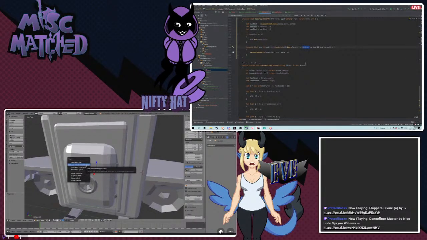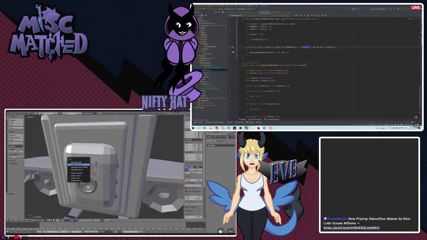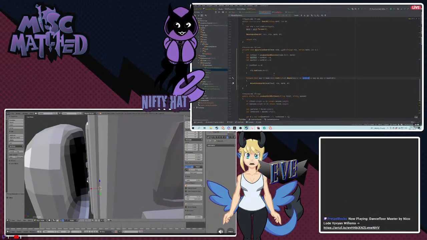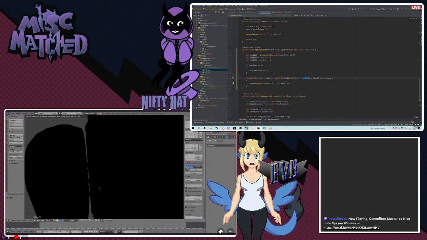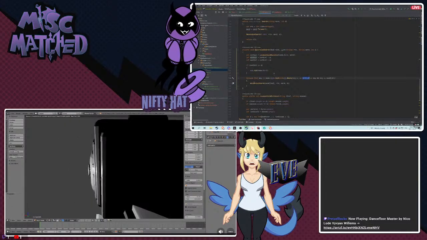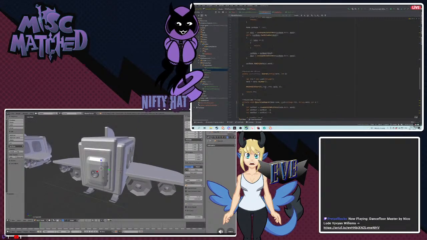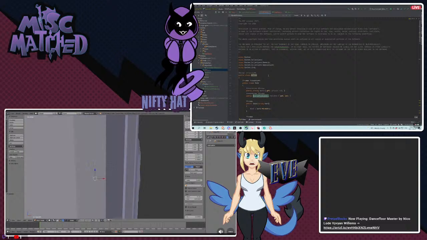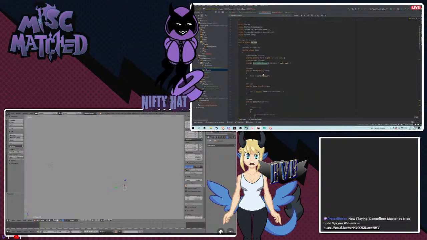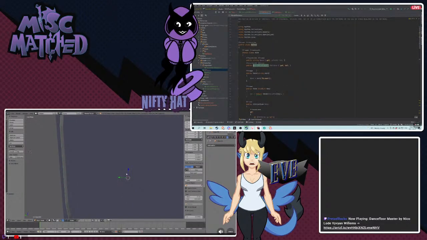It moves the whole thing. I don't want to move the whole thing. Oops. No. Just want to change the freaking pivot point.